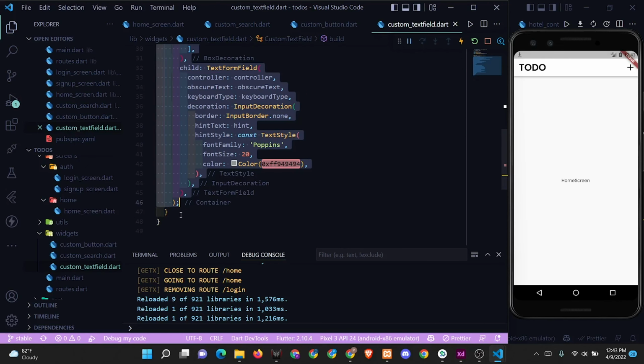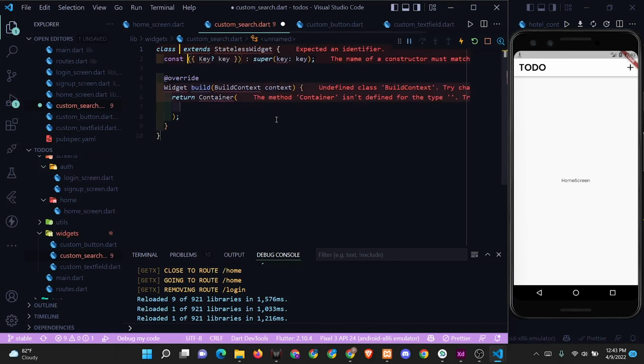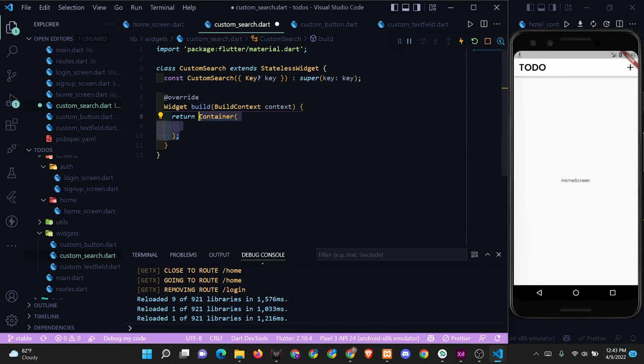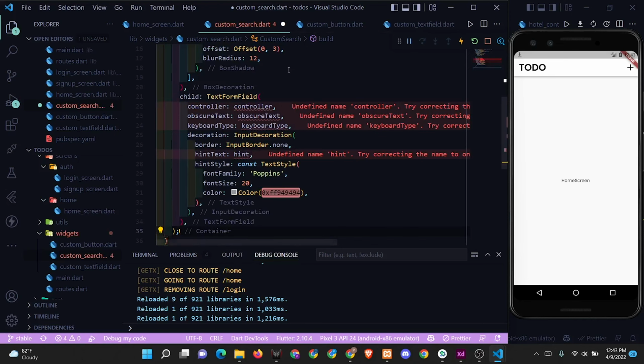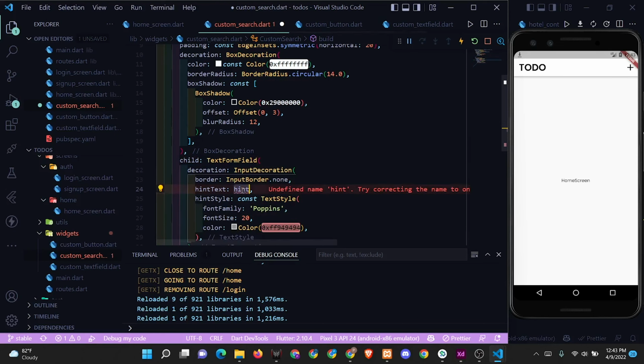Let's copy the container part. Let's go to search, STL, custom search. Let's import our cupertino material. Let's paste it, and we will not be having any of these. Our hint will be